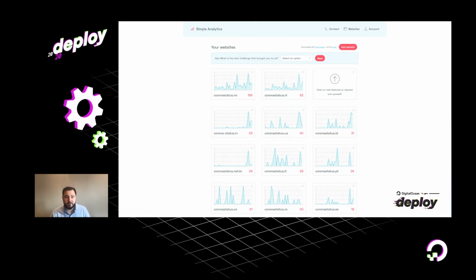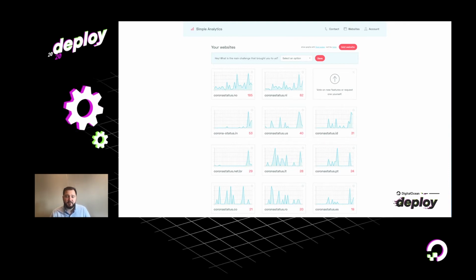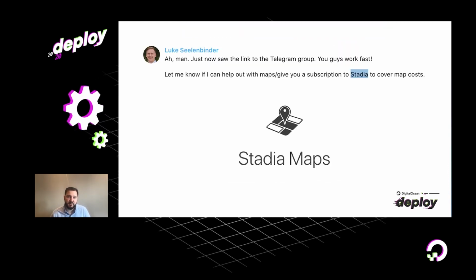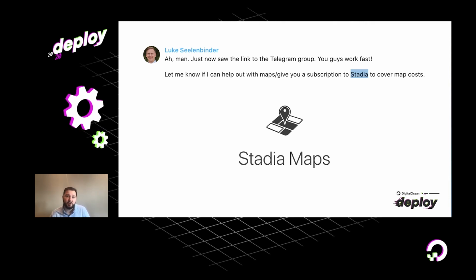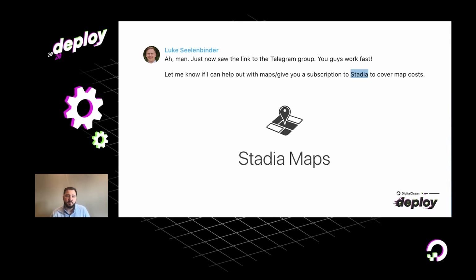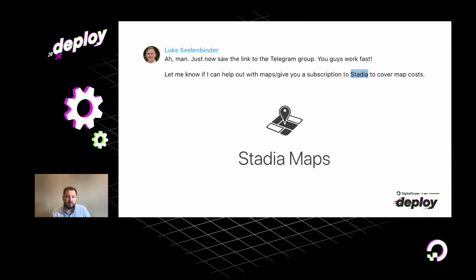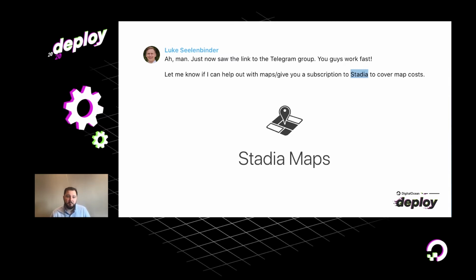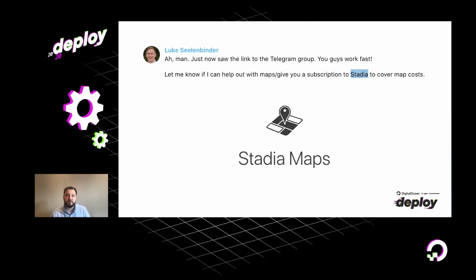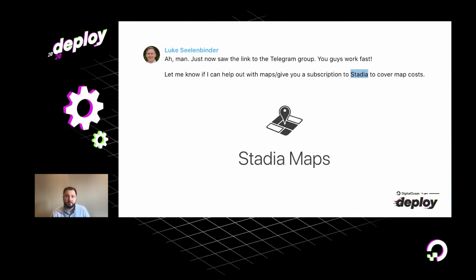So that was very helpful. And we also got Stadia Maps, which is an alternative to Google Maps, to give us API keys that we could use across all these sites. So not only were people helping out with their free time, but we were also getting a bunch of help from people who were willing to sponsor us with software.